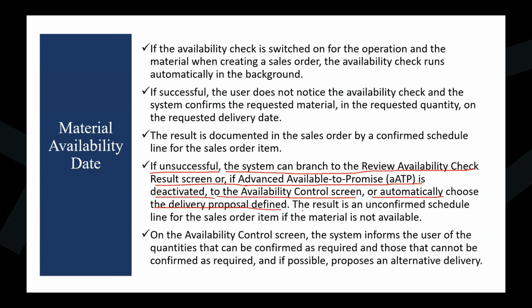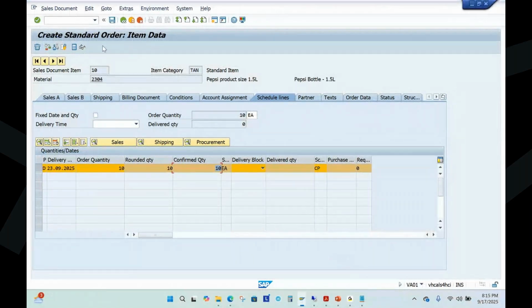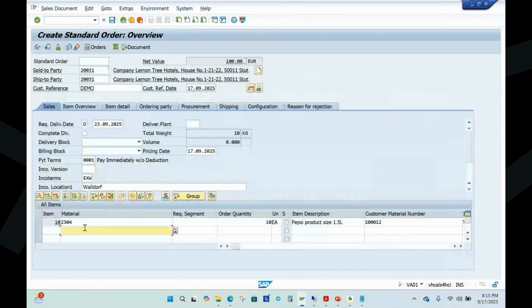The result is an unconfirmed schedule line for the sales order item if the material is not available. So if your availability check is unsuccessful, the system normally will take you to the availability control screen. Then from there you have to choose. Let me show you. Before that, if I go to the main screen, this is our material, and this is the quantity he is asking. So if I go to the